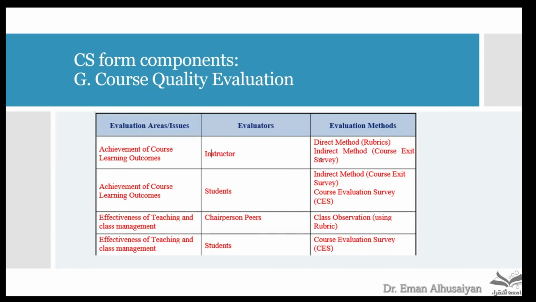Of course, we don't apply them all in the department, but this is the ideal example. For example, the first area to be evaluated is the achievement of course learning outcomes. And this is done by the instructor of the course. How is that? Either direct method, which is by using the rubrics, or indirect methods, for example, the course exit survey. We don't have a course exit survey, but this is one of the methods that you can